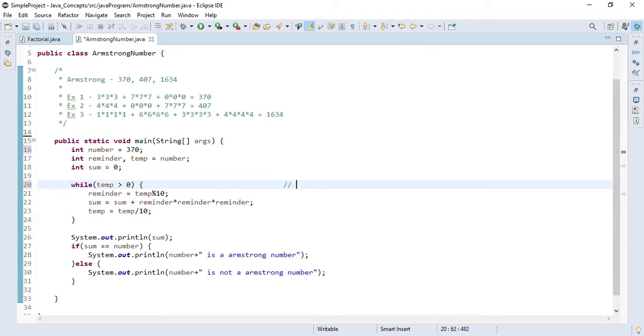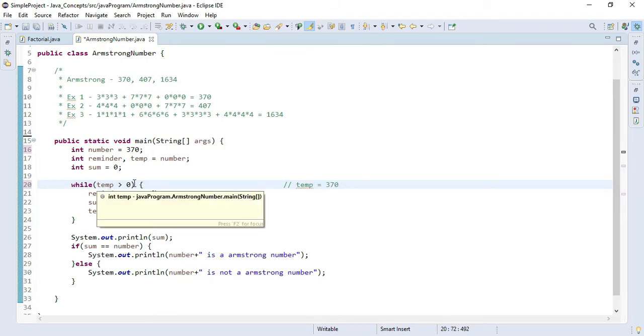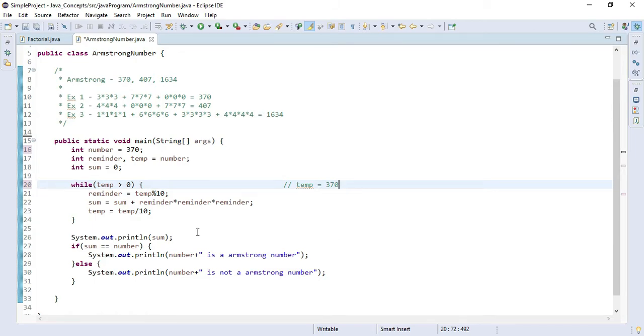So first the value of temp will be 370, and as you can see, the condition is true, so the code will go into the body, and here it will calculate the reminder. The value of reminder will be temp percentage 10. It means the reminder value will be 0.